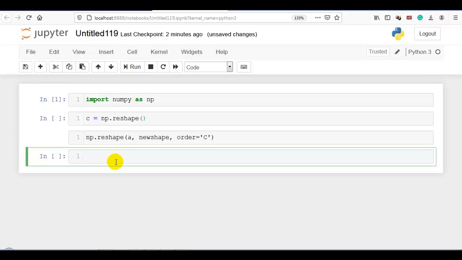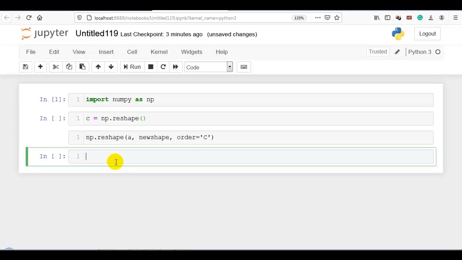Last one is order. Order can take 3 different values. First one is C. C means row-wise operation will be slightly faster. F means column-wise operation will be slightly faster. A means to read-write the elements in the Fortran-like index order if the array is Fortran contiguous in memory, C-like order otherwise.